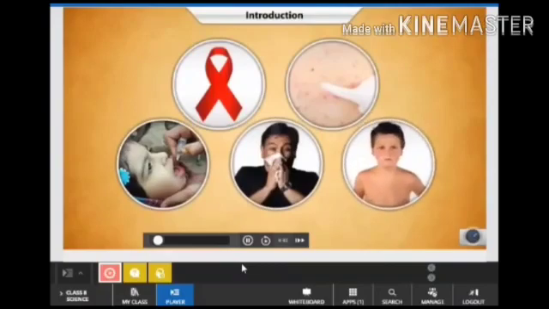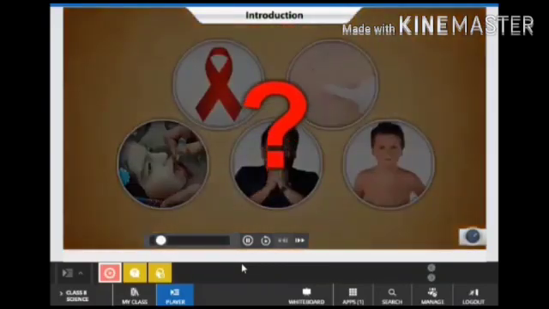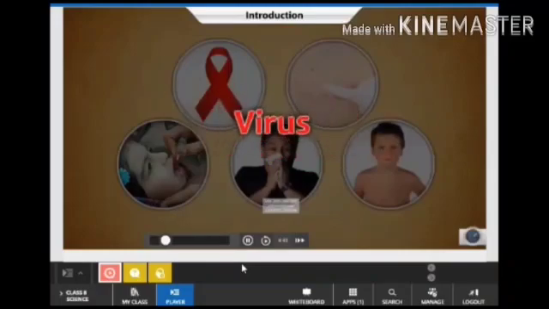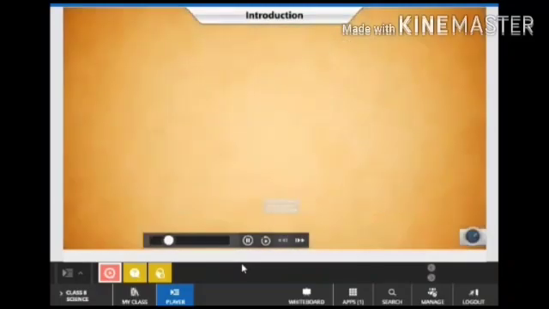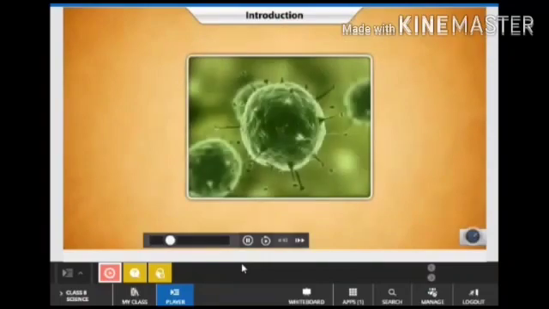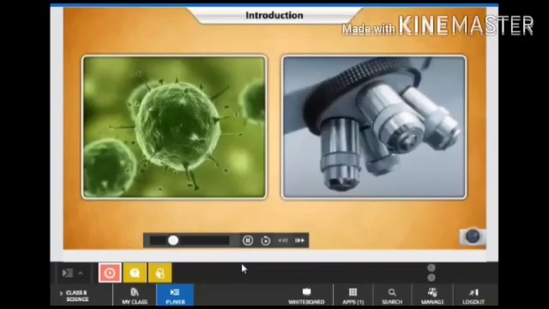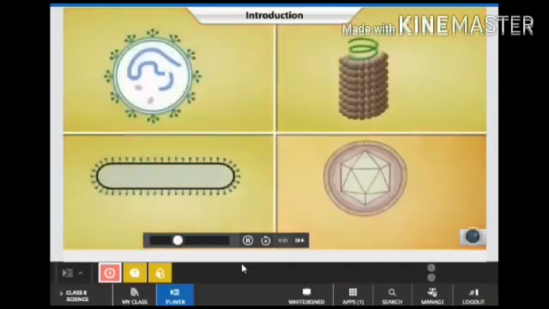What is a virus? Virus is derived from a Latin word which means poison. Viruses are very tiny in size compared to bacteria. It is on the borderline between living and non-living things. Outside the host, it shows the characteristics of non-living things. Once it enters the body, it shows the characteristics of a living organism. The study of virus is called virology. Viruses are 10,000 times smaller than bacteria.